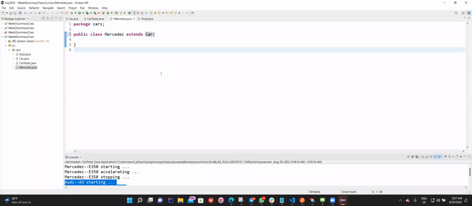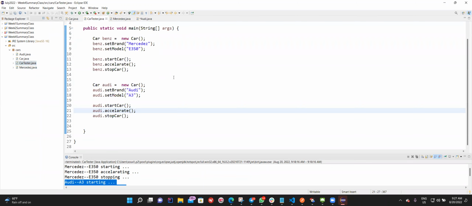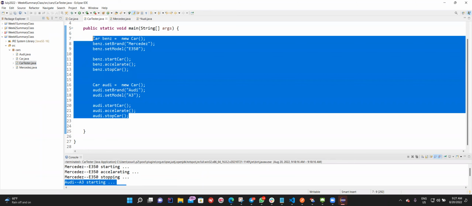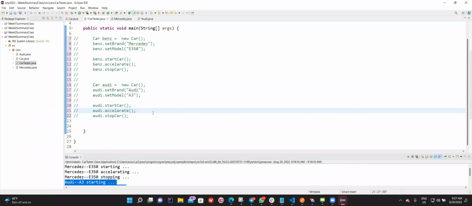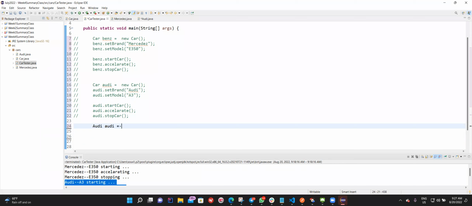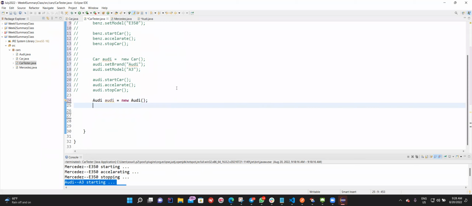Right? Now, I won't do anything. I'll go back to the car tester. Okay? I'll comment out whatever I wrote earlier. And then I'm going to create a new object of Audi. Let's just say that. So Audi equals new Audi. Correct? And now you'll see something. You'll see if I do Audi dot,